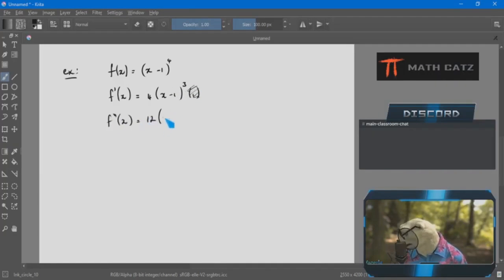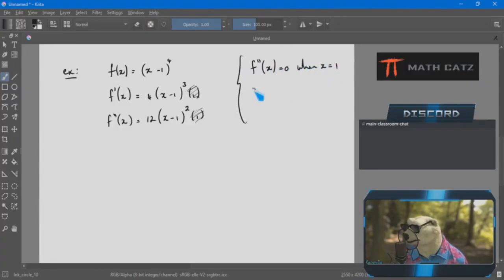I then have 12(x minus 1) squared, of course, times 1 again, which I don't need to look at. So there's my second derivative, not complicated at all. I'll do it over here. Second derivative is clearly 0 when x equals 1, and the second derivative is undefined